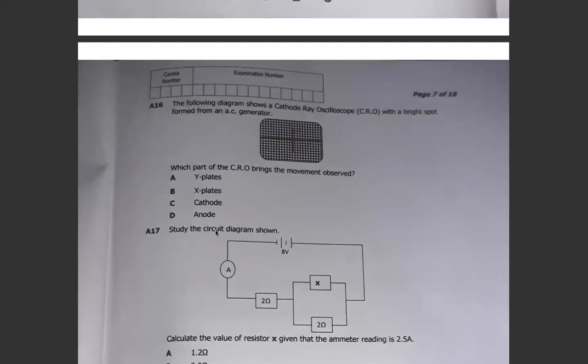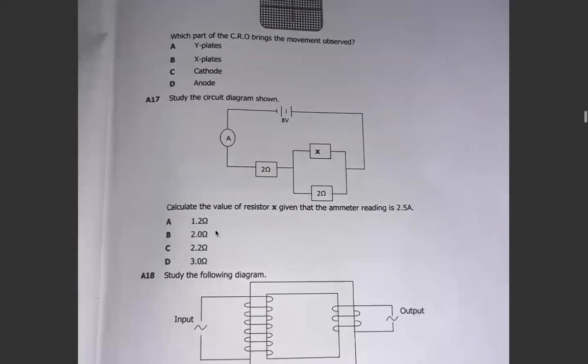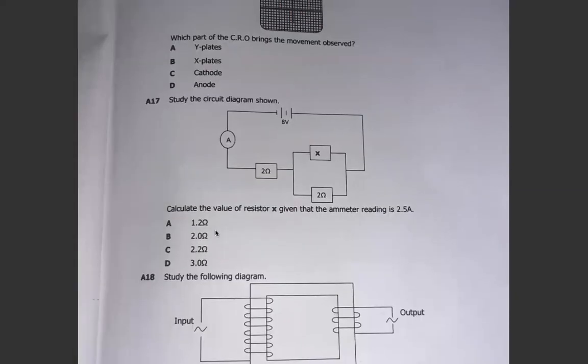Then A17 is talking about current electricity. So I draw the diagram. We have the first resistor of 4 ohms. The second one, we don't know. Both of these two are in parallel, and then these two in parallel are in series with that one. So calculate the value of X. Find this resistance, which is here, if the current here was 2.5 amps and the voltage was